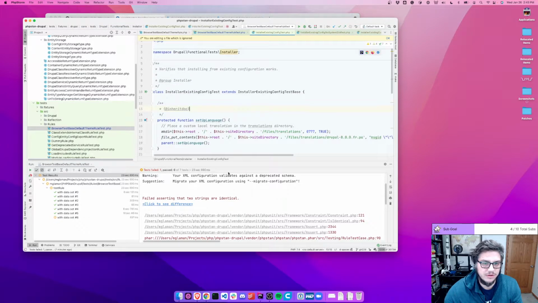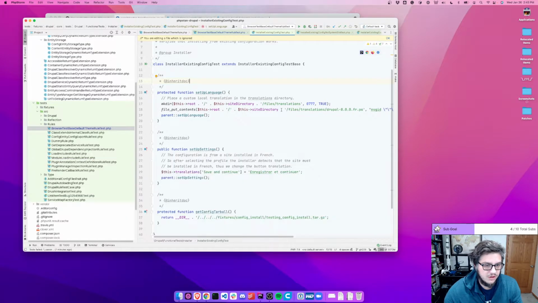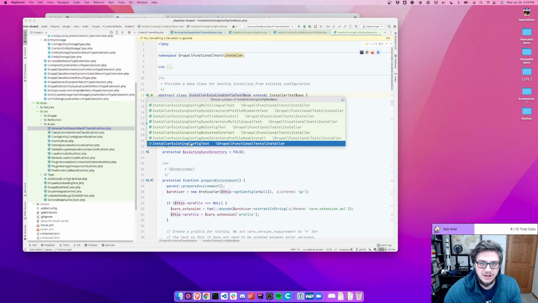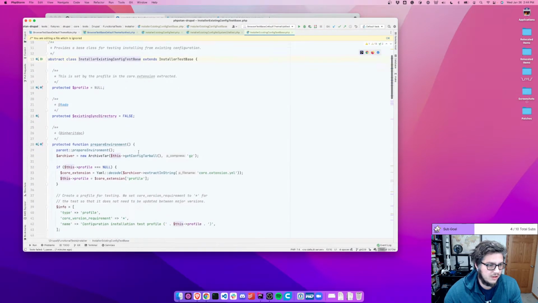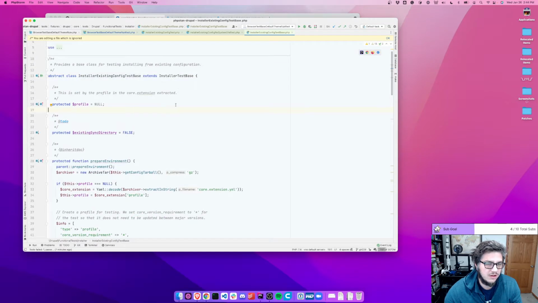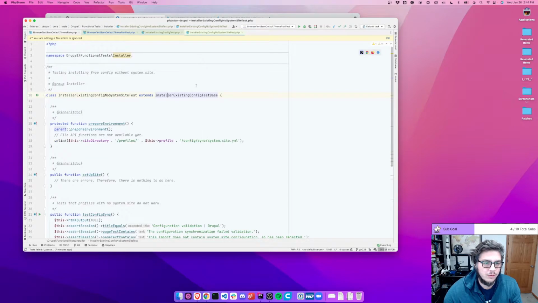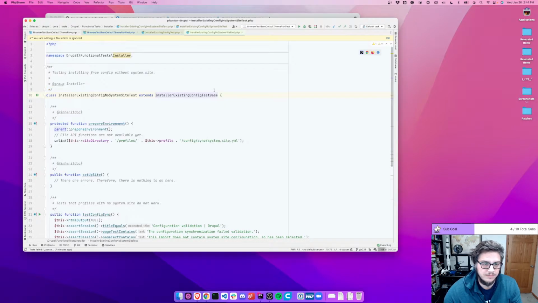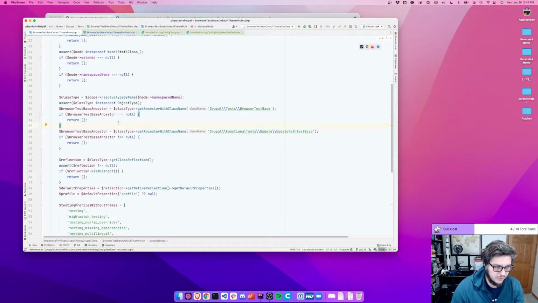So we will work on it, but in this case, installer config, installation config test base. But why didn't this other test fail? For some reason, it did not. That's interesting. But what we'll do is still follow. We at least were able to get a failing test. So my idea is to